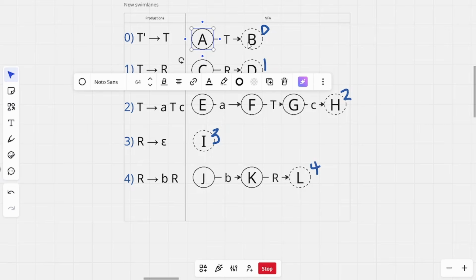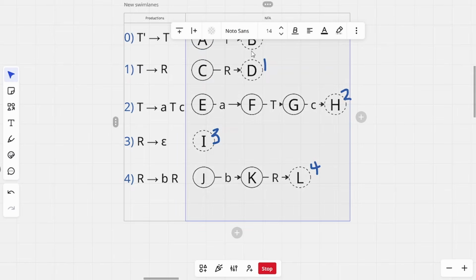Also, by the way, each transition corresponds to an action that will be relevant later on. So for each state that has a non-terminal transition coming out of it, we're going to go to its respective